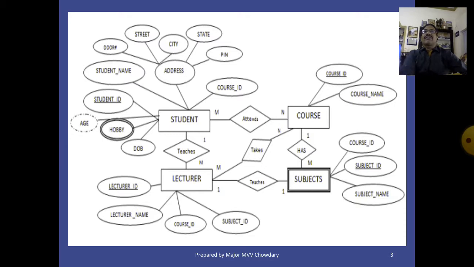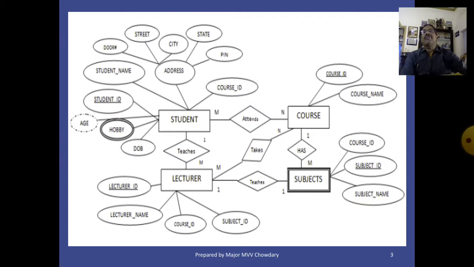Weak entities in an ER diagram to tables. Weak entities can be represented by a double rectangle. For example, subjects in the diagram shown on the screen. Subjects is the weak entity.